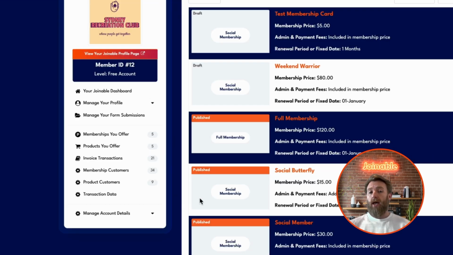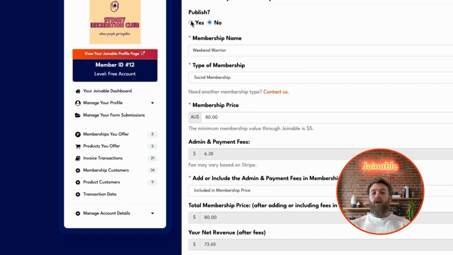That's going to take you to a page that will show you any memberships you might have in draft. You might have published some already. In this instance, we're going to go into this one here that's currently draft and we'll publish it together and we'll go through the different steps of how this one has been set up and show you all the options within here. So once we click through to this one, you'll see that we have the option to publish yes